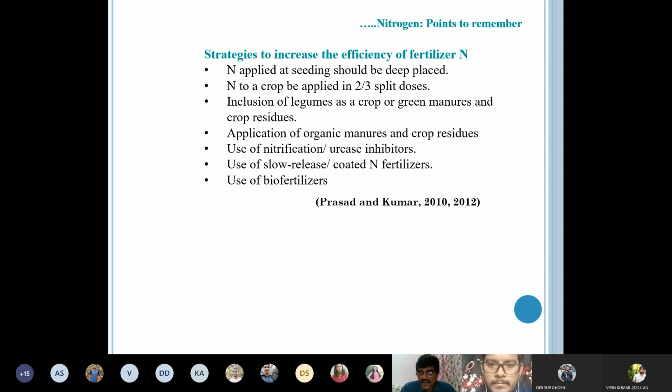Now it is important that India has developed neem-coated urea, which mainly acts as a nitrification inhibitor. However, scientists are now thinking of going for double coating. We can also provide one coating for a urease inhibitor. People are doing some research, but again, urease inhibitors are expensive and difficult for farmers to afford. And also slow release fertilizer, coated fertilizer. This concentrated fertilizer I will discuss in one lecture, and use of biofertilizer I will discuss.